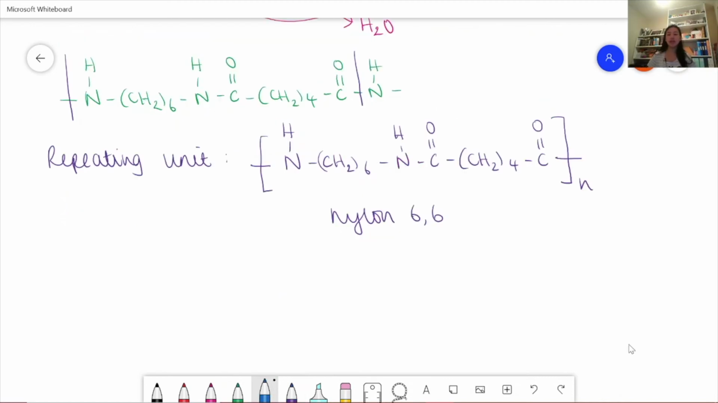So one thing to note about nylon 6,6 is that in the lab, the reaction goes much faster if we use a diacid chloride or a diacyl chloride instead. However, HCl is the small molecule which is liberated. So we get